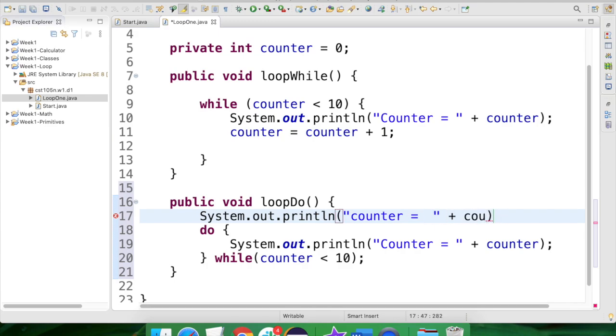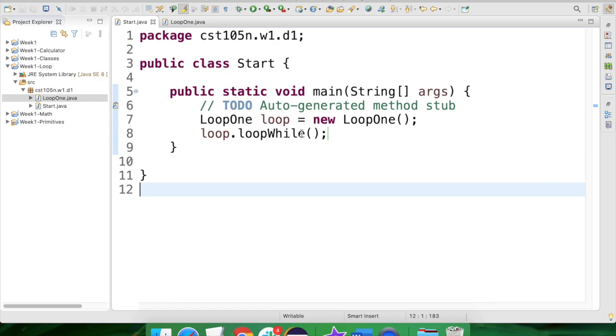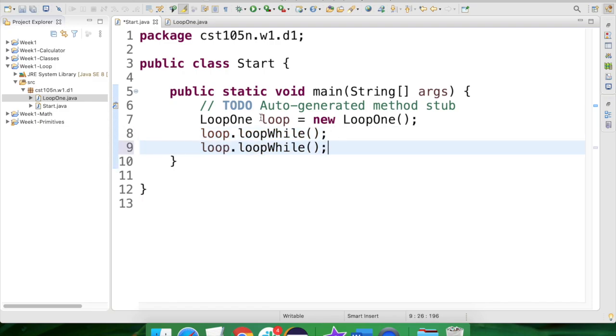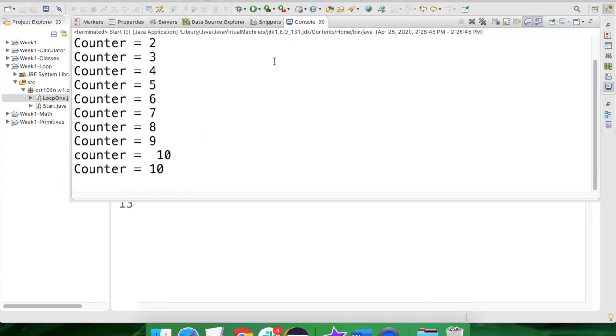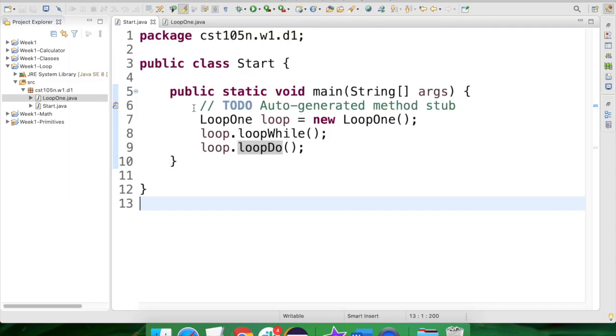So let's see what it looks like when we get in here. So if I go ahead and run my loop do right now, let's go ahead and copy this. We're going to use that loop object we already created up here on line 7. And instead of running while loop, we're going to do a do there. And let's go ahead and run it. Okay, so counter is still 10, which doesn't make sense unless we understand objects, because what's happened here is I'm